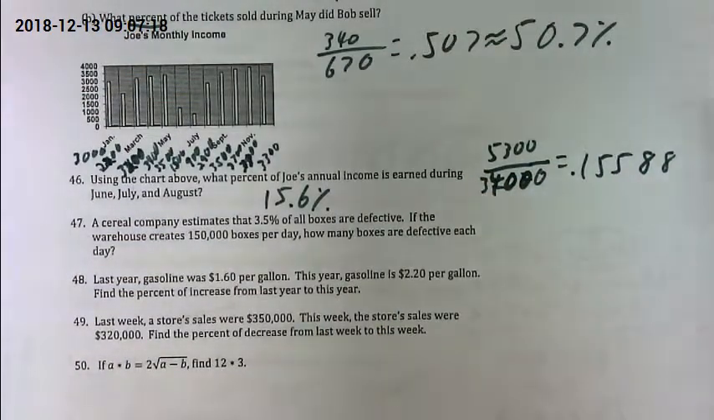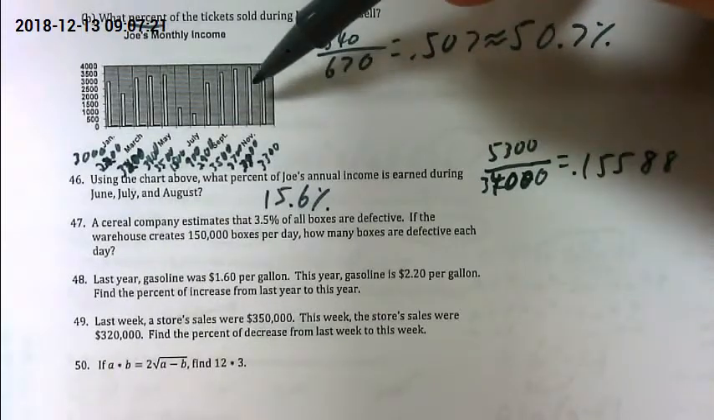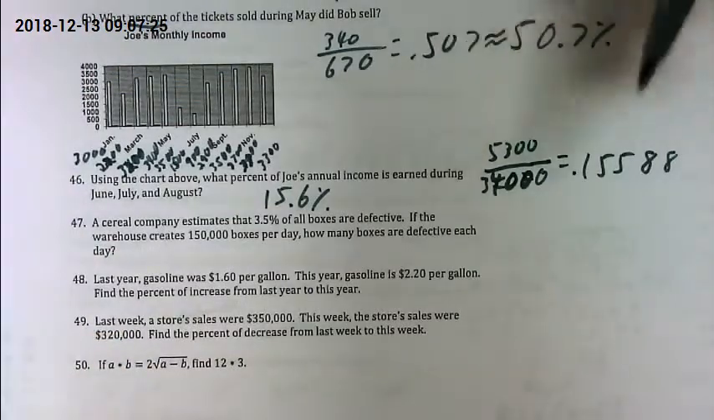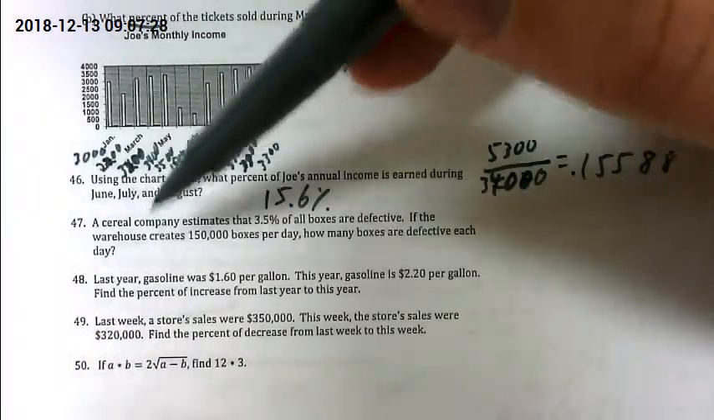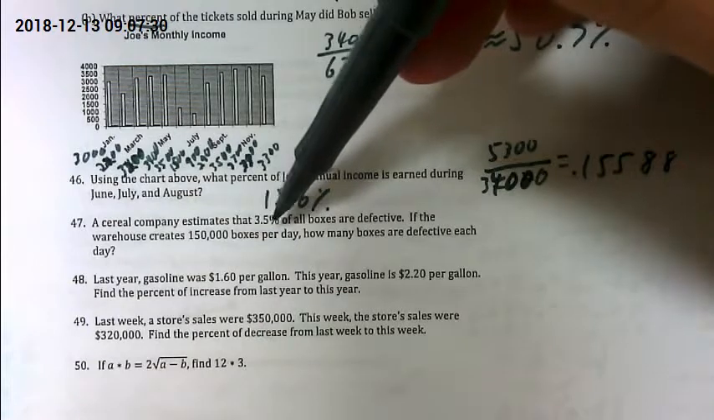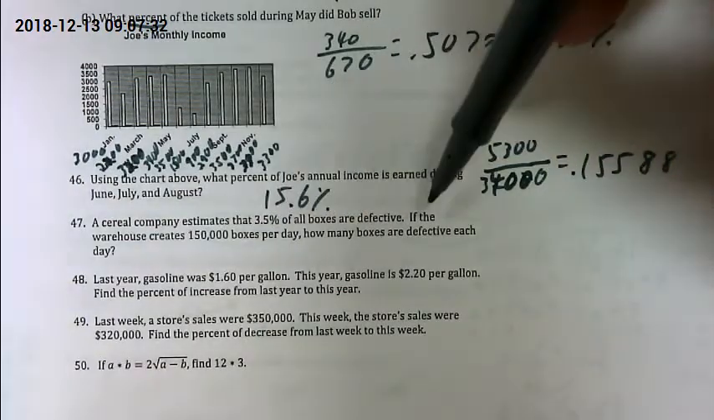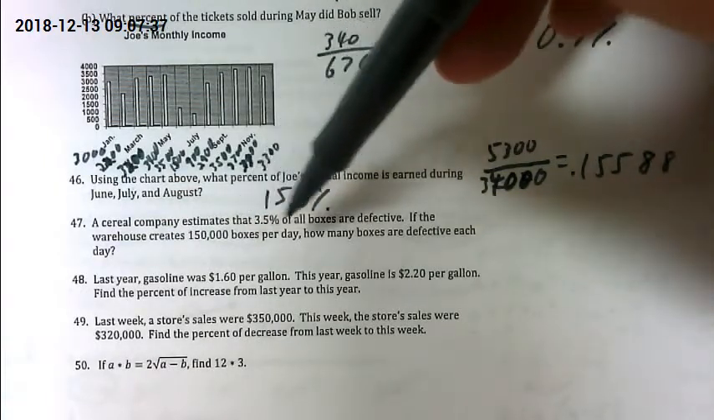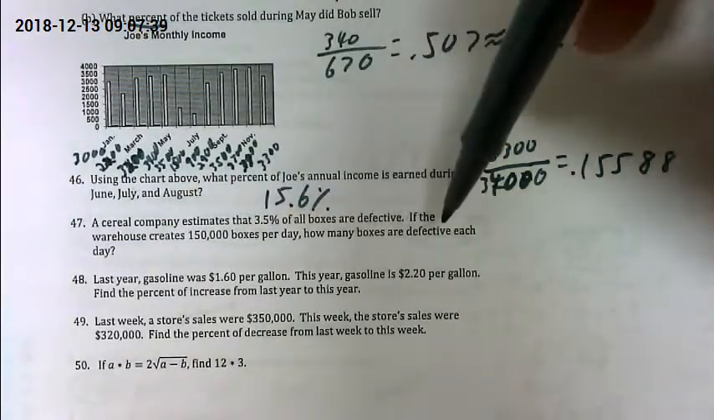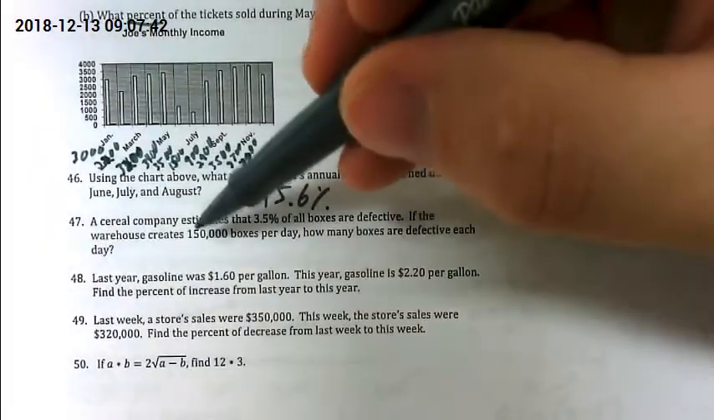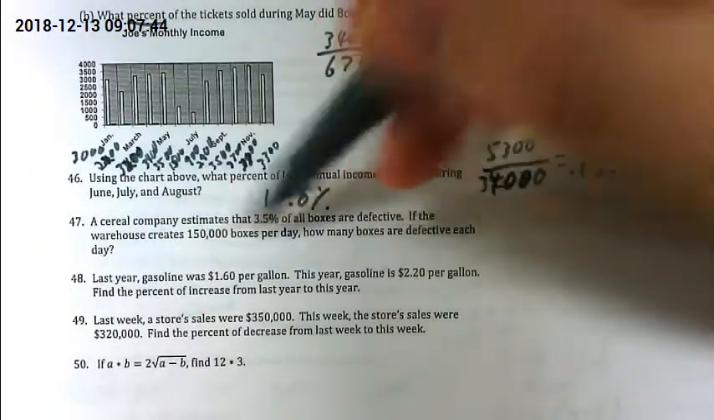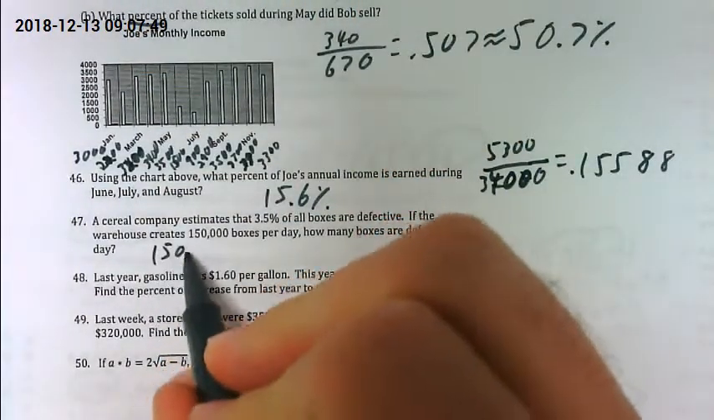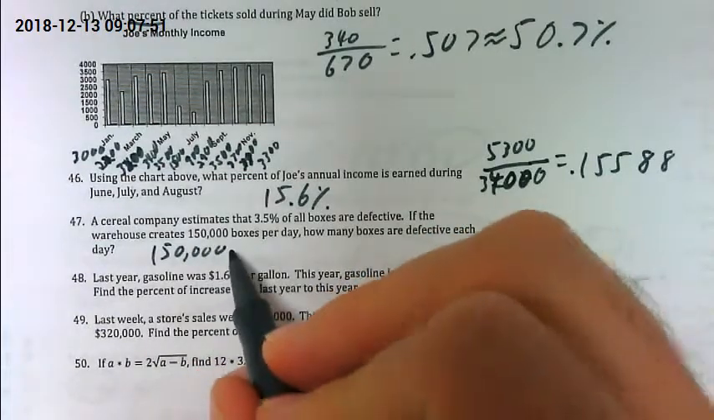Alright, again, charts on the exam are much easier to read than that one. That's way too small. So, 47. A cereal company estimates that 3.5% of all boxes are defective. If the warehouse creates 150,000 boxes per day, how many boxes are defective each day? So we just have to take the entire number and multiply by the percent that are defective. So 150,000 times